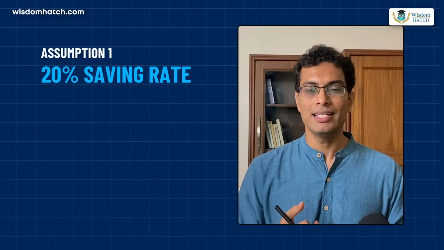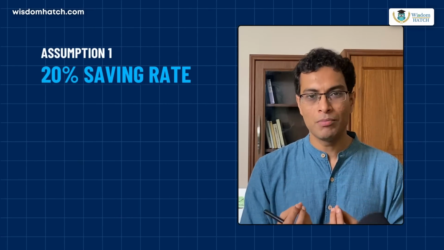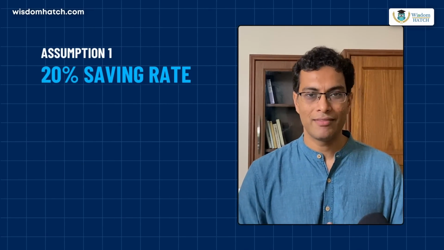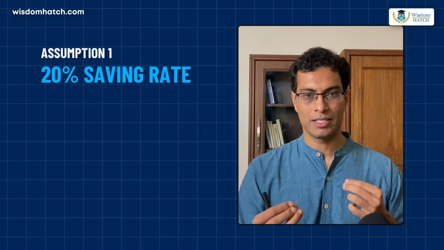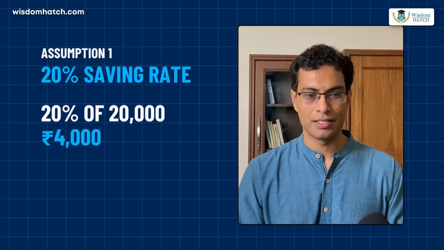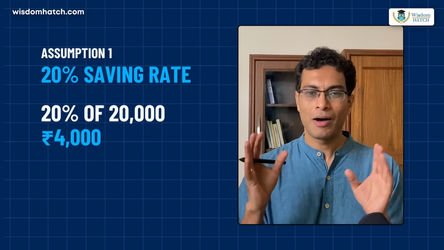Assumption number 1 is that your savings rate will not be more than 20%. हो सकते हैं किसी के ज़्यादा हो सकता है, some people might have it less, but we will assume it to be 20%. So 20% of 20,000 is how much? It's 4,000 rupees. So even if we assume that you are somehow able to beat the market, generate like 15-20%